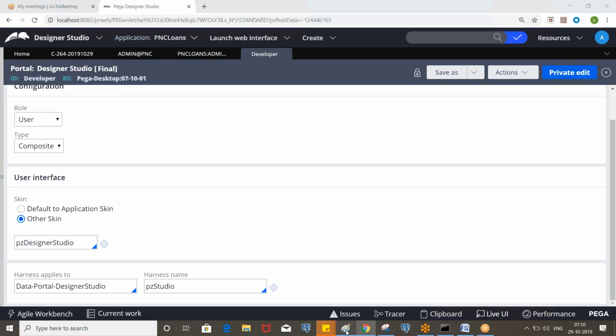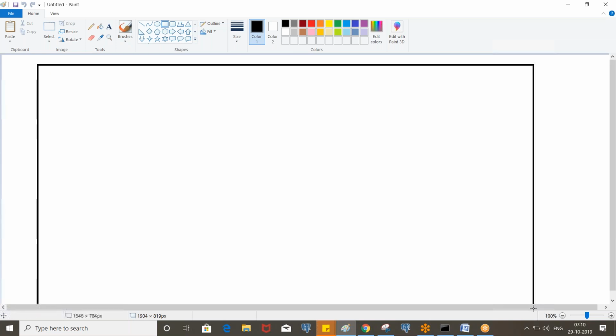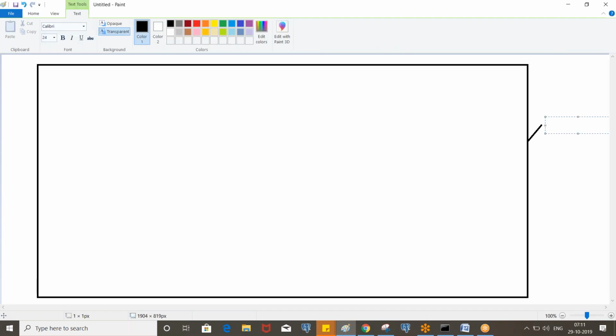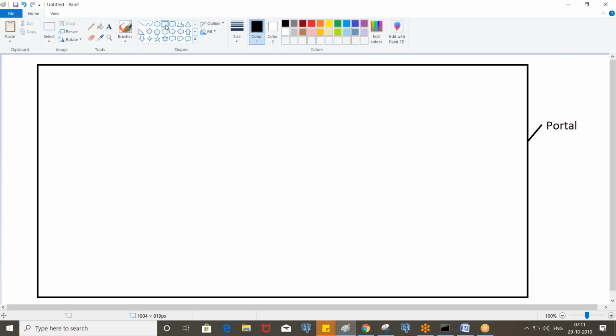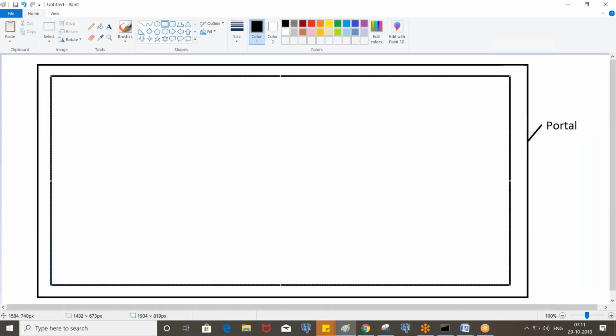Okay, so in the high level UI architecture, you will have a portal. Let's assume that this is a portal. Inside the portal we have a harness, and inside the harness we will have some sections. Let's say this is a harness.